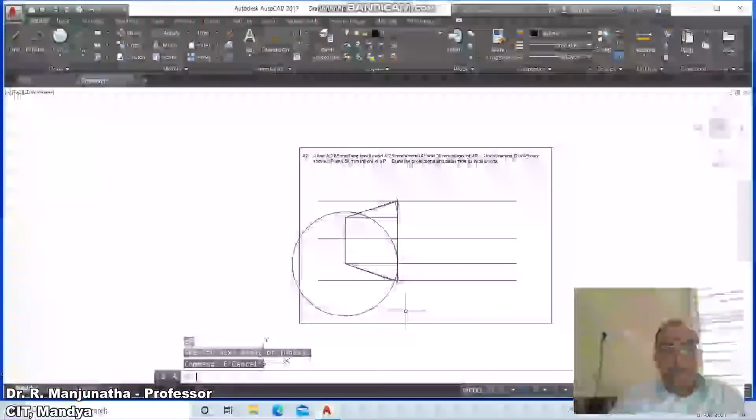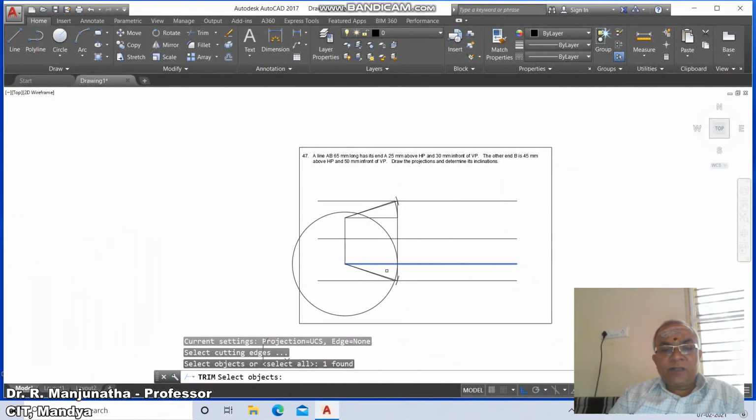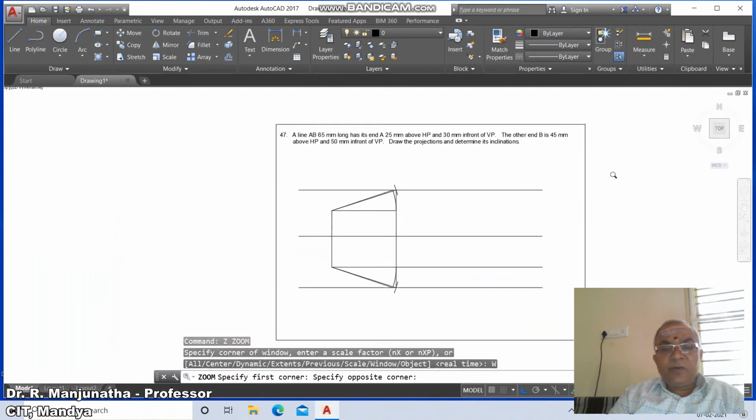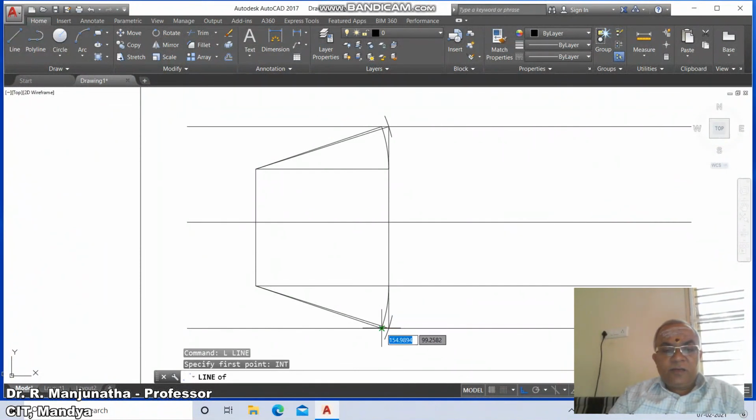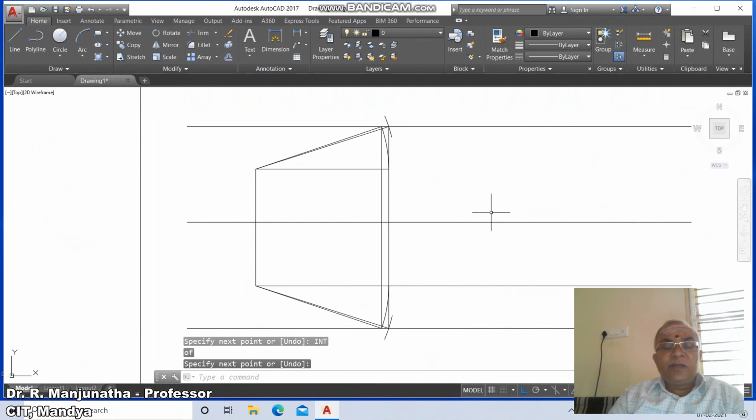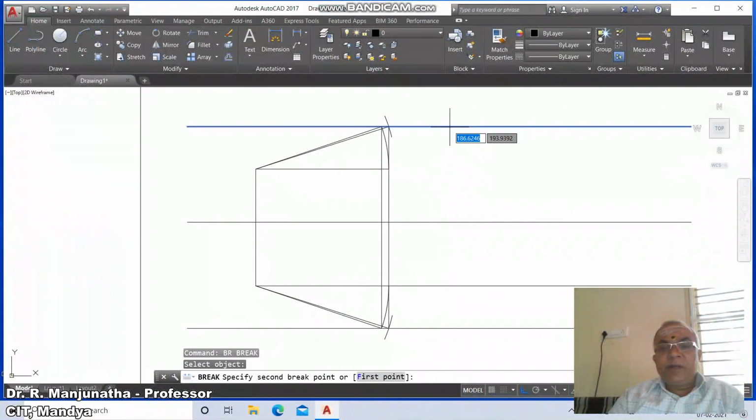Then go to trim between this horizontal line and this horizontal line, this extra portion. So now we have the actual line which we have considered view length, and when we join these two, both are going to lie on the same line.